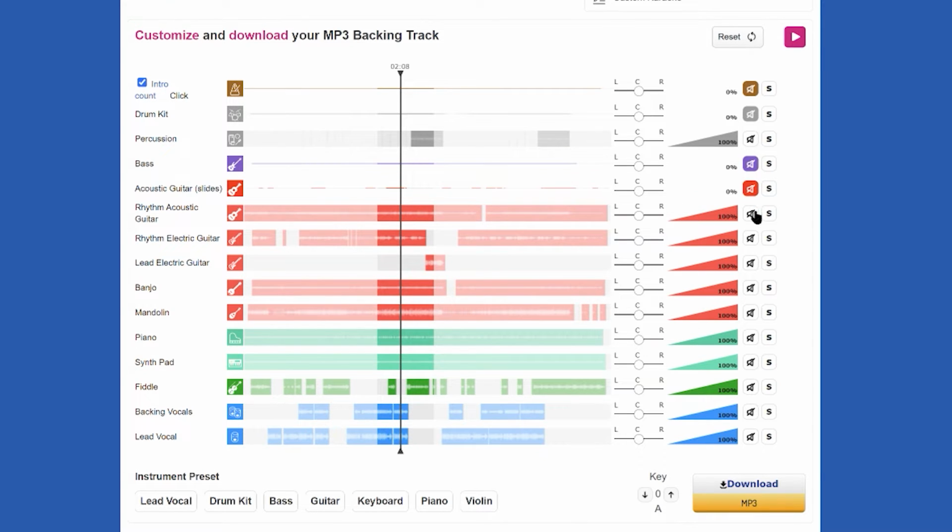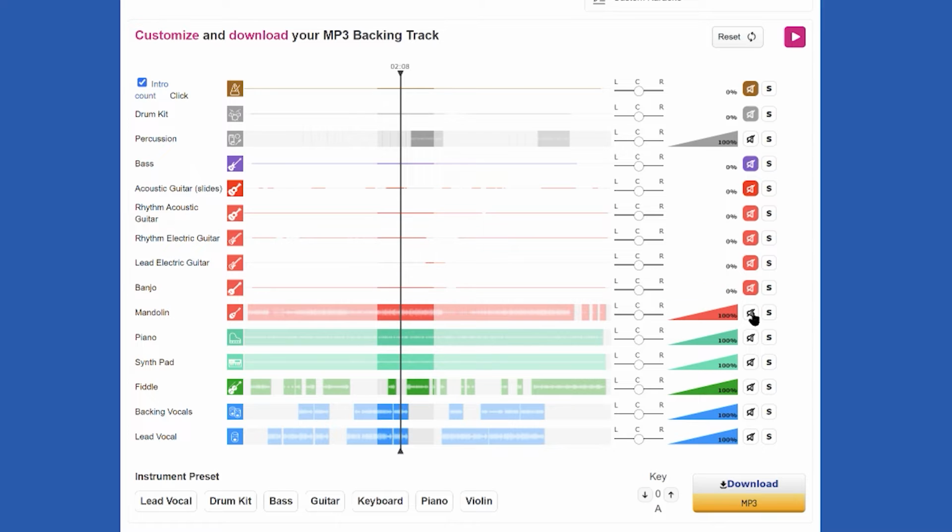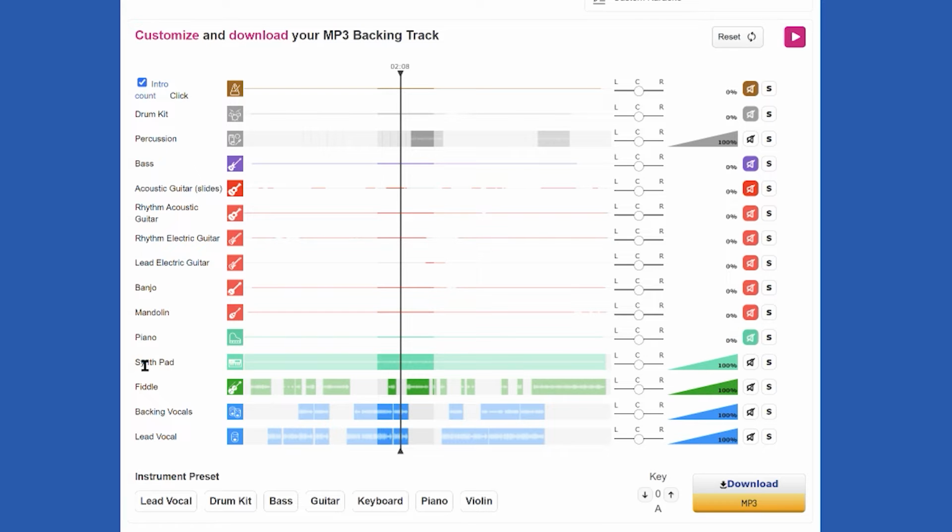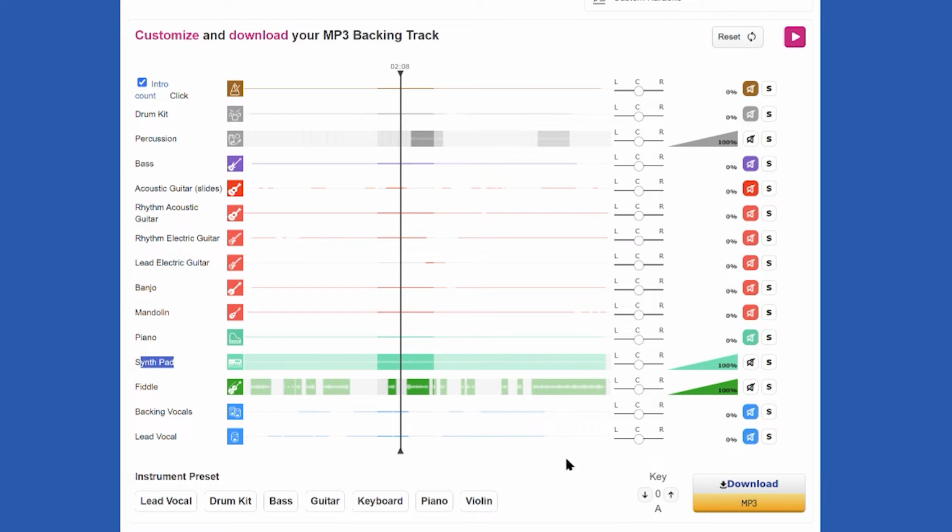I don't need any of these guitars, I don't think, so I'm just going to take them all out. The piano, our keyboardist is playing piano for this song, so we don't need that track. Might be good to have the synth though, because you can't play that at the same time, so we'll leave that in there. The fiddle we absolutely need because it's important in this song. It's actually quite featured in this song, but we don't have a fiddle player, so that we'll use. And of course all the backing vocals and lead vocals we do ourselves, so we don't need that. So what we're left with really is this.